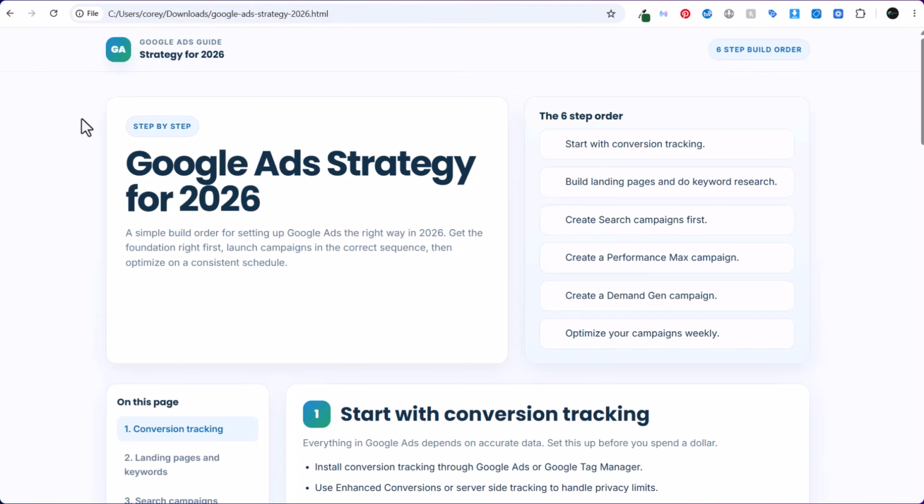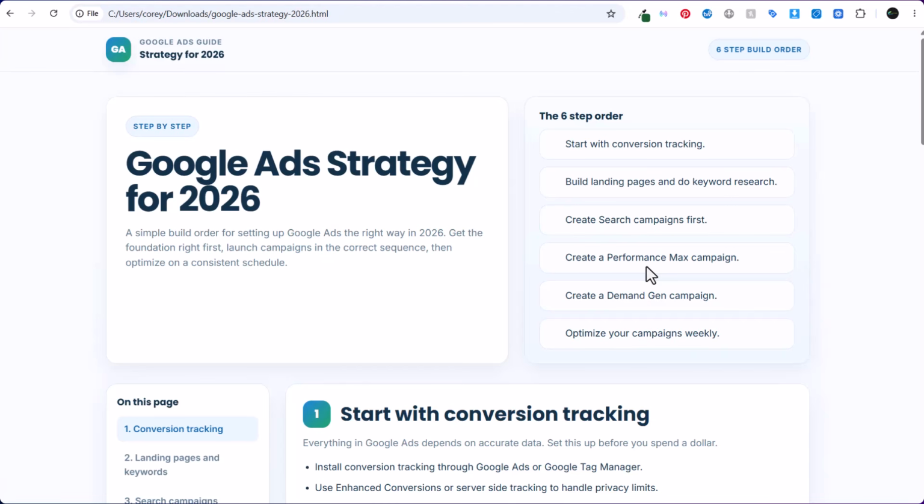Today I'm going to be going over essentially a 6-step Google ad strategy, kind of a one-size-fits-all strategy that can apply to a lot of accounts. You don't need to do this exactly in your account, and you can skip portions of this, like creating a performance max and demand gen campaign is something you might not want to do altogether. You also may not want to create a search campaign and just create a performance max. So it's really not a one-size-fits-all strategy, but it is kind of the strategy I would recommend if somebody said,